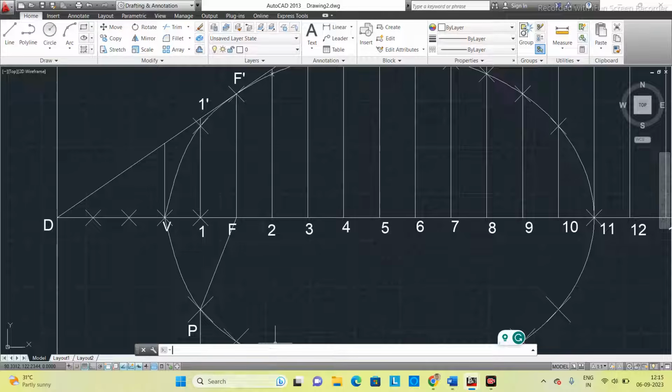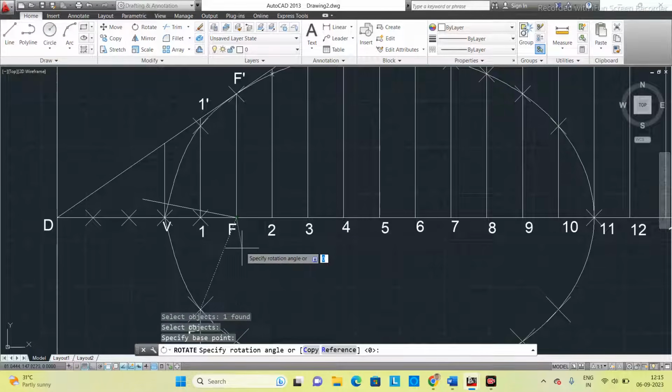Otherwise you can go to the rotate option, select this object. It is asking the base point. I'm going to select this as the base point. So it is asking the angle of rotation. Okay. So I'm going to give 270 degrees because